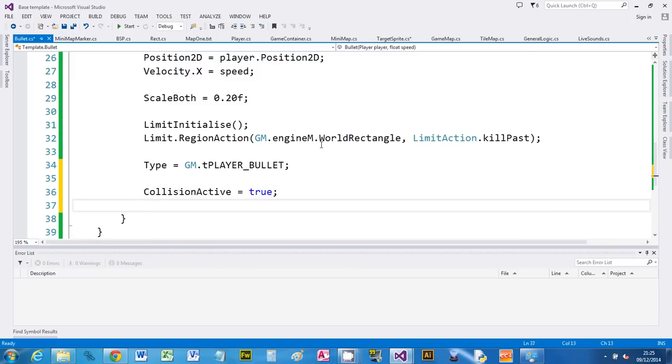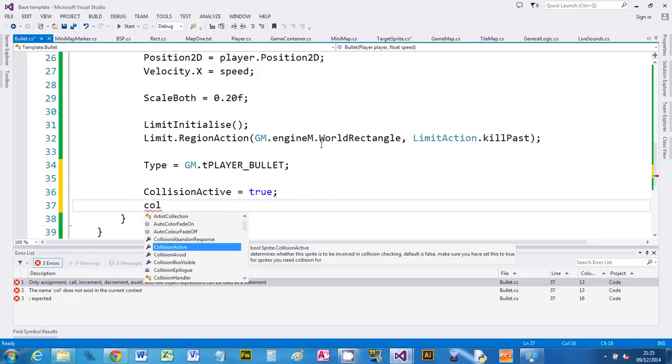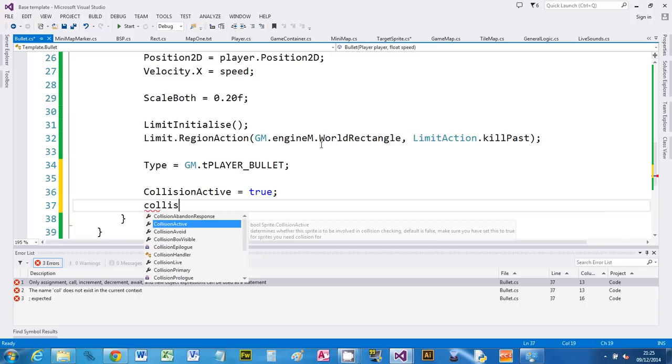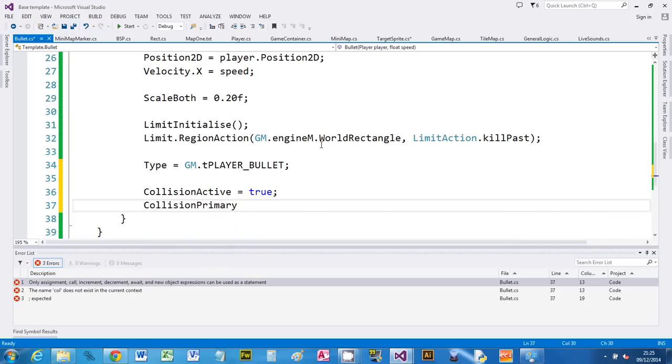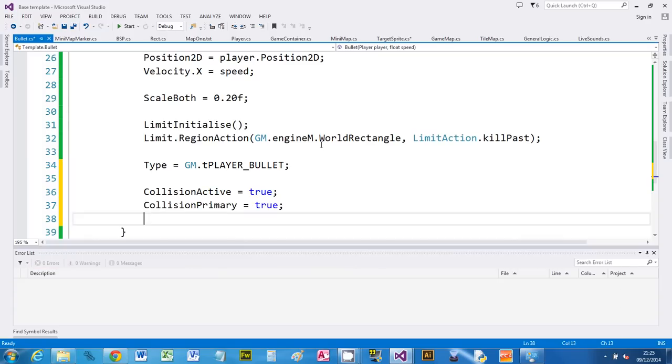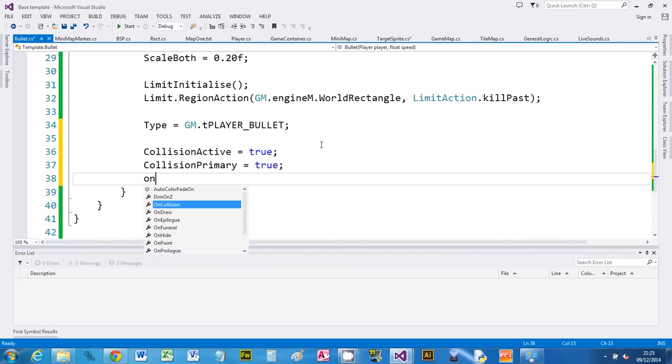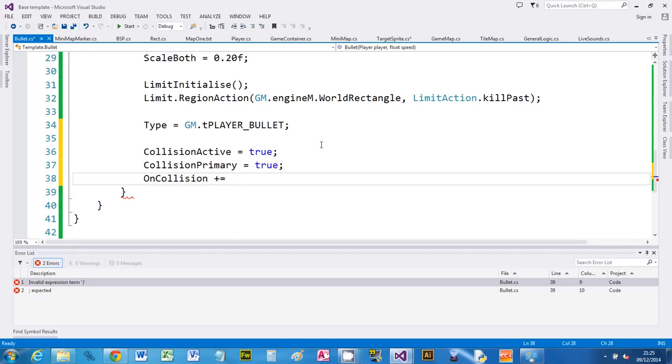Now when we do collision detection, we have a primary sprite and a secondary sprite. The primary sprite is responsible for deciding what to do, so I'm going to make the bullet responsible. So I'm going to say collision primary equals true. So I'm saying, this is the one that's checking against the others. The others are just passive. And what I want to do is say, when I get a collision, so this is a bit like the update handlers, I'm going to say